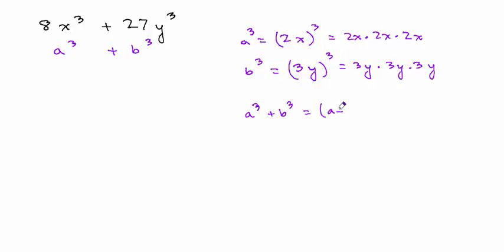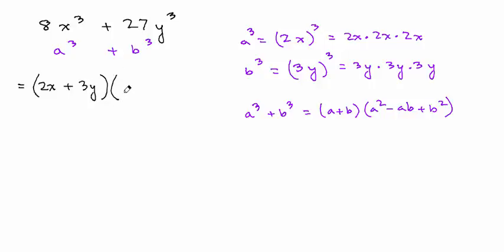So if we write that formula down again, a cubed plus b cubed is equal to a plus b times a squared minus ab plus b squared. Like I said, we just need to plug in a is equal to 2x and b is equal to 3y in this formula. So this is going to be equal to a plus b. What's a? a is 2x. So we have 2x plus b, which is 3y, times a squared, which is 2x squared. So that's 2x times 2x, which is 4x squared,